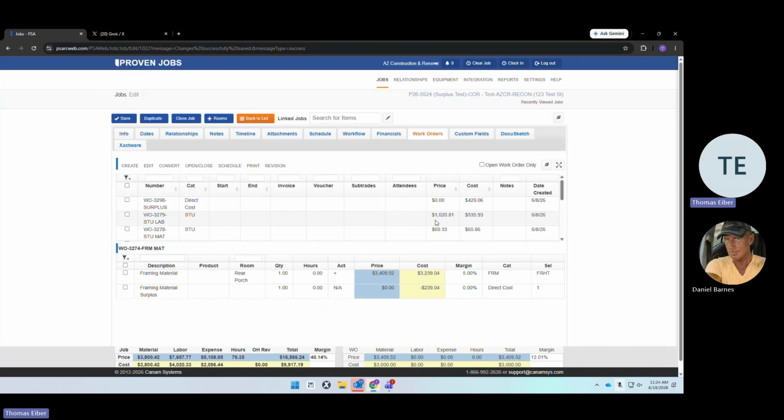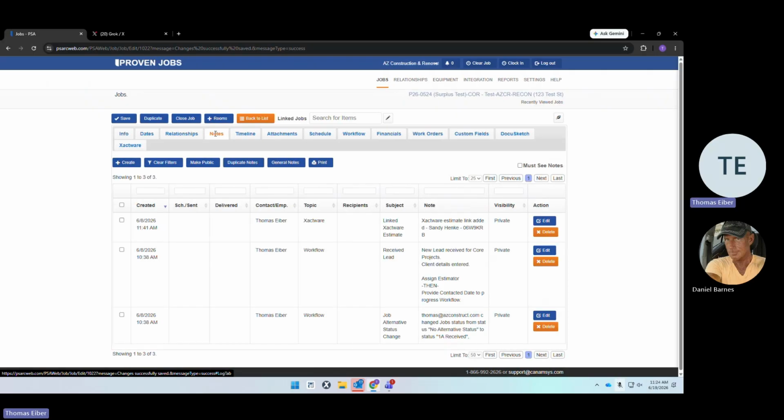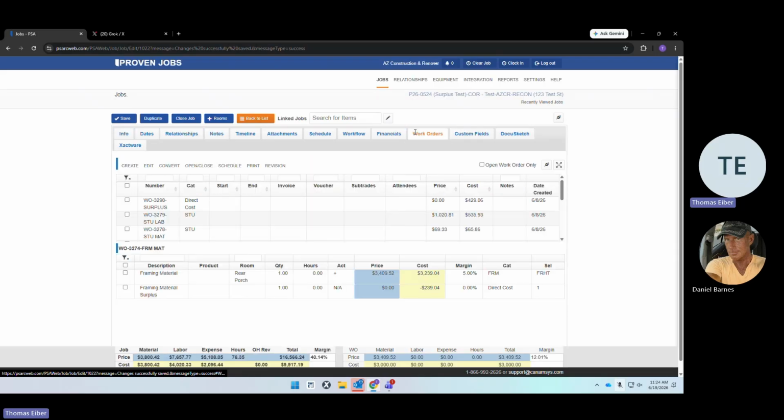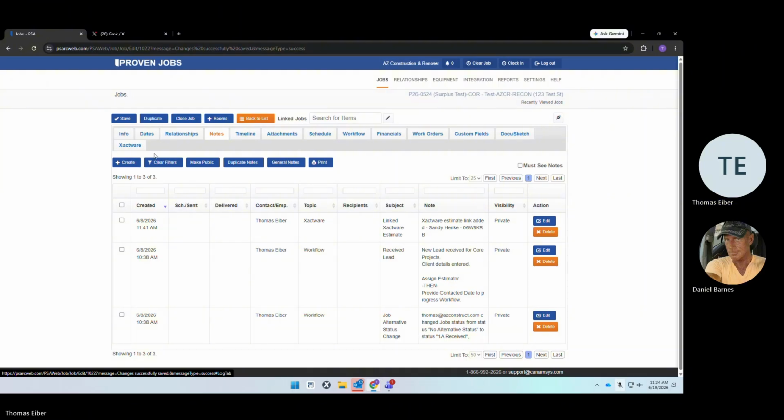With all of that information, now we can actually use the money. Notes. So this is how we send out RFPs and RPOs. Both of those go to Jeffrey. So when I go into a job and I'm going from work orders, I go into notes and I'm going to create